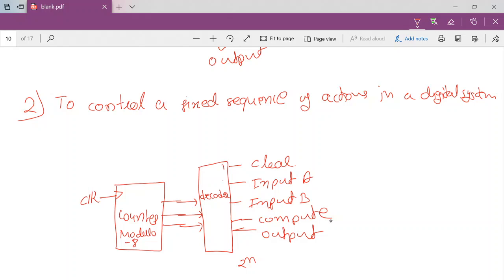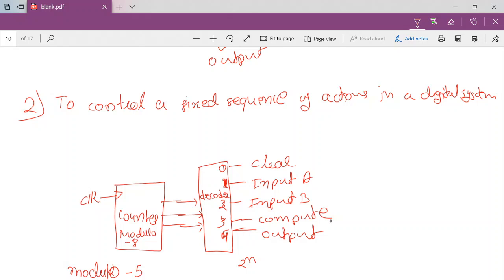Now there are only 5 states, 0, 1, 2, 3 and 4, so you have to implement a 0 to 4 count, a modulo 5 counter.